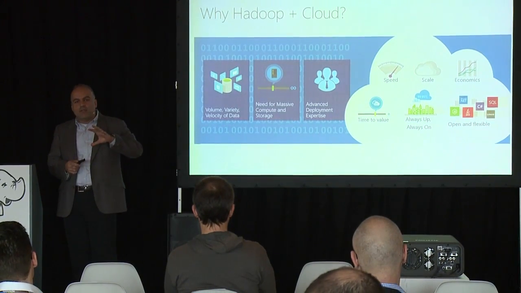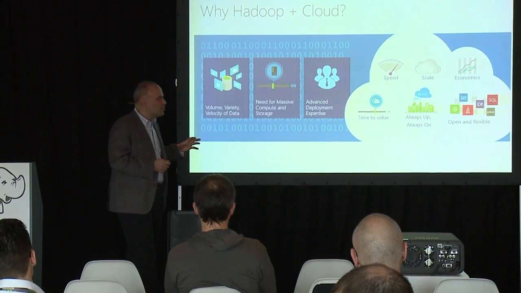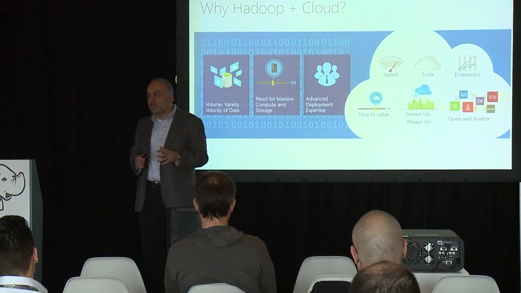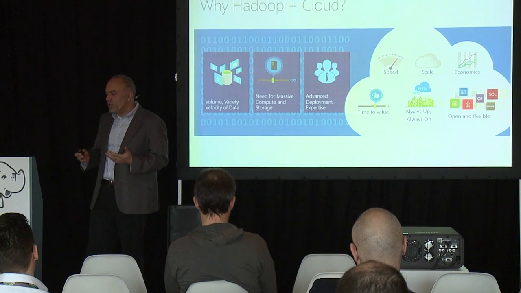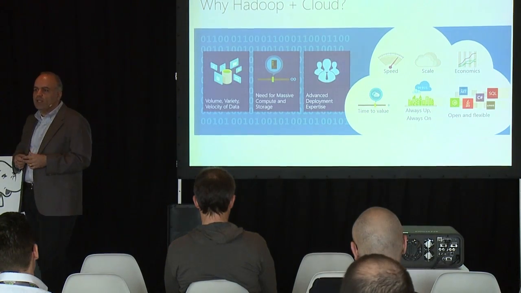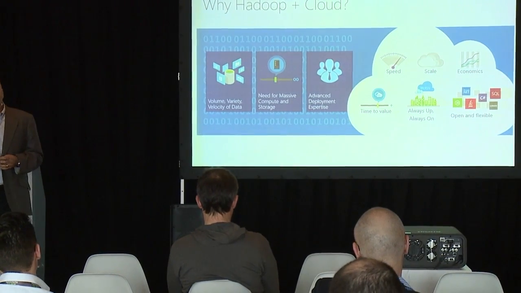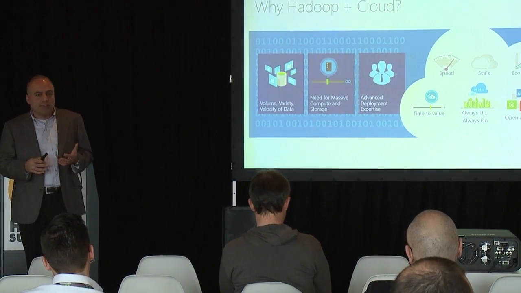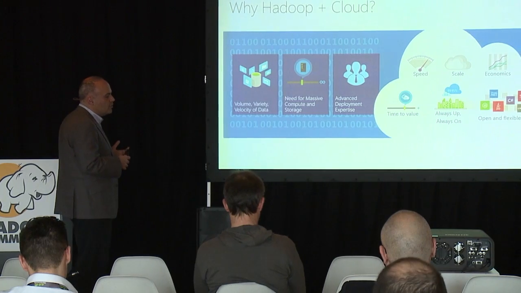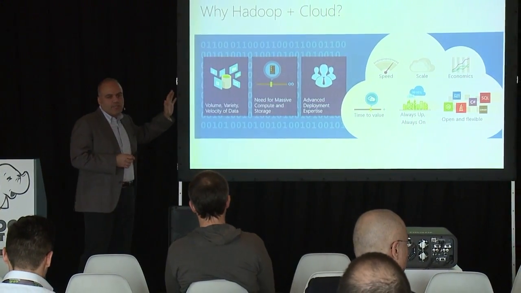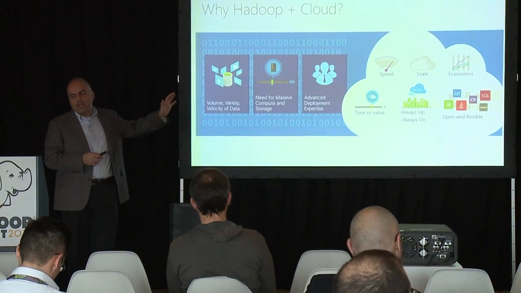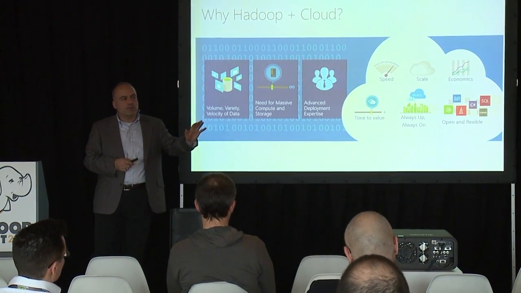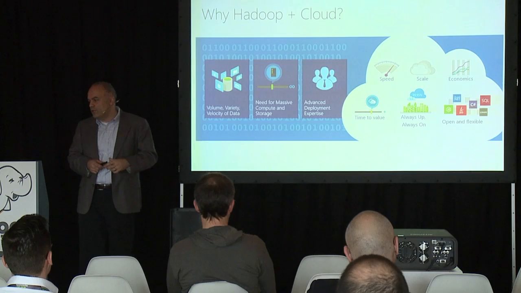Of course, the cloud promises that we should have great speed and scalability, that you should be able to get that storage and that compute power that you need for something like big data. It also says that we should be able to give you better economics. It should actually be cheaper for you if you can get this big data solutions, Hadoop platform in the cloud, and hopefully only pay for what you use, only pay for the compute cycles that you use, only pay for the storage that you use.